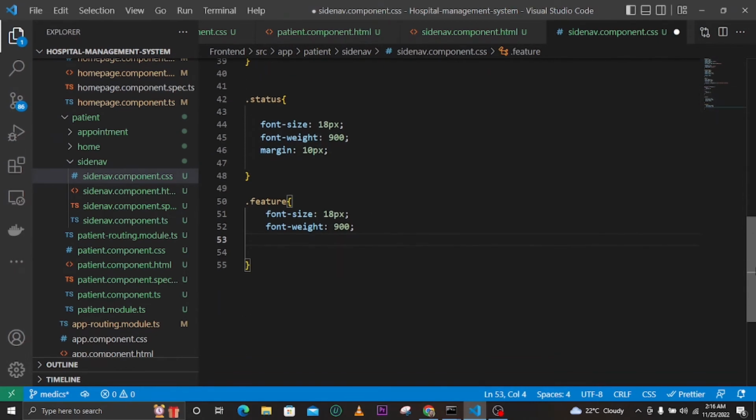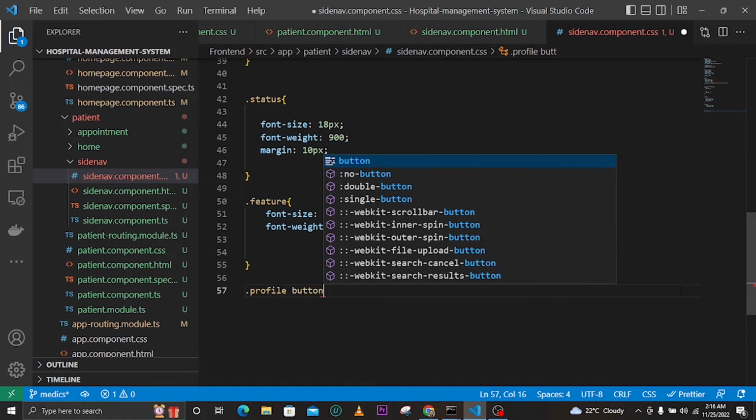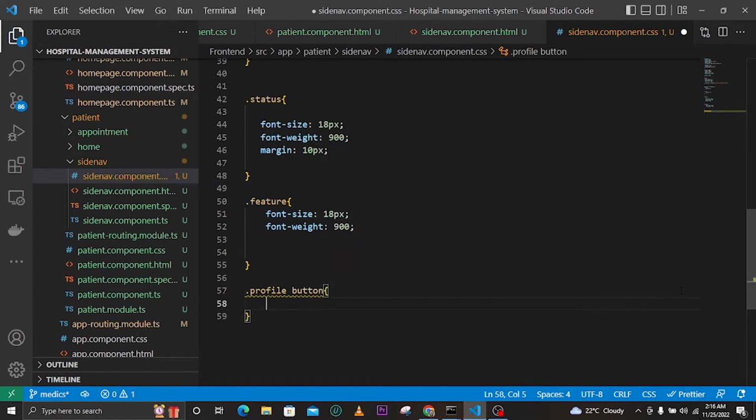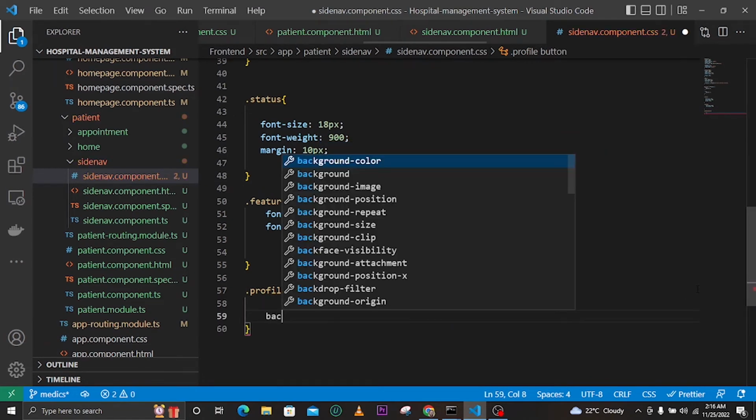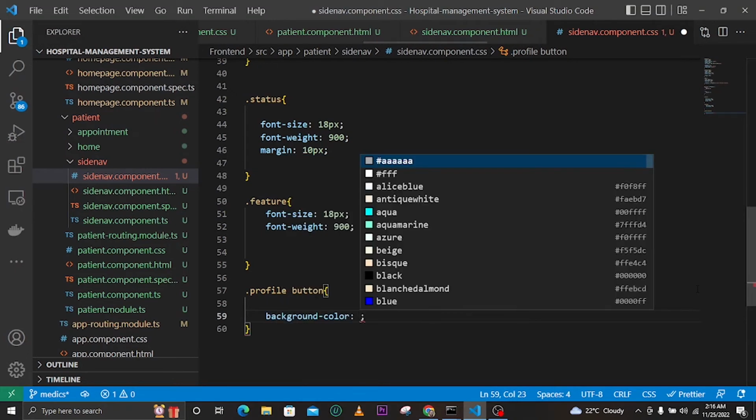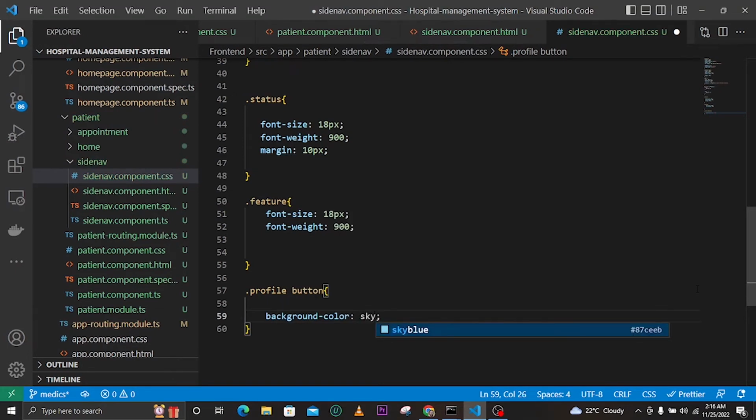The other thing now is to target our buttons. So what we do, I will just target every button here inside, and to target those buttons we can add now the background color. Let me say sky blue. Can add this sky blue. We can give it a color